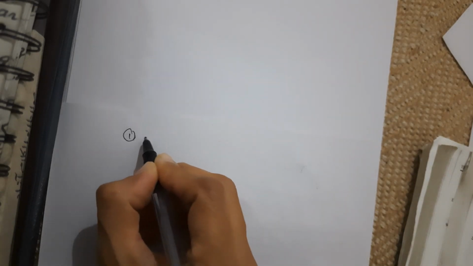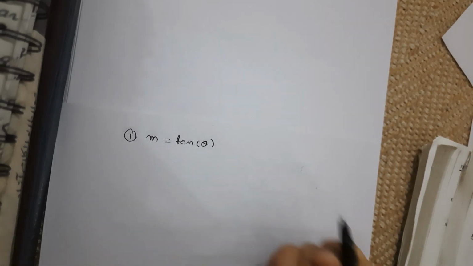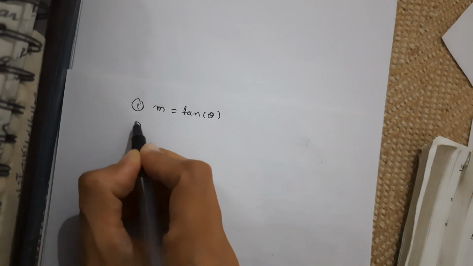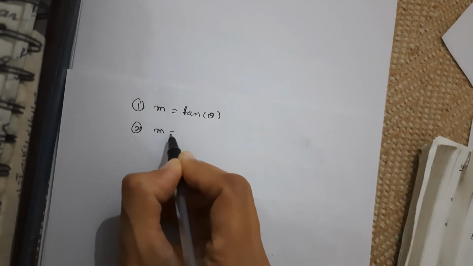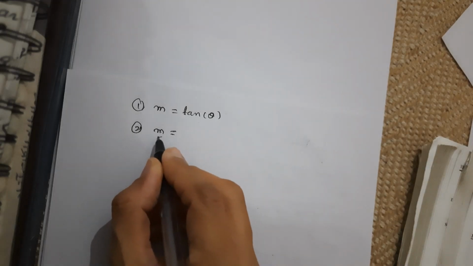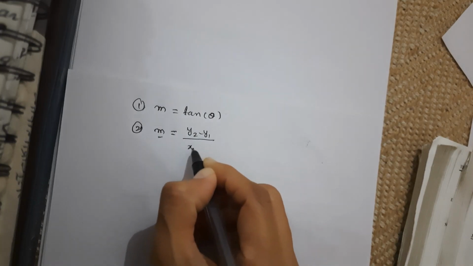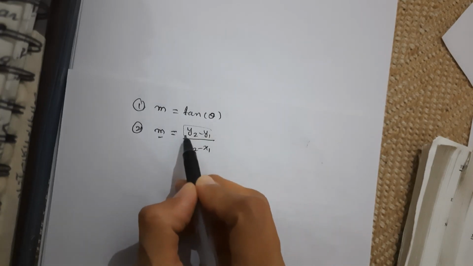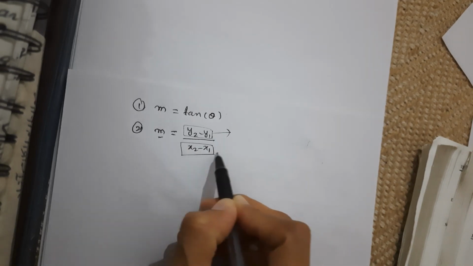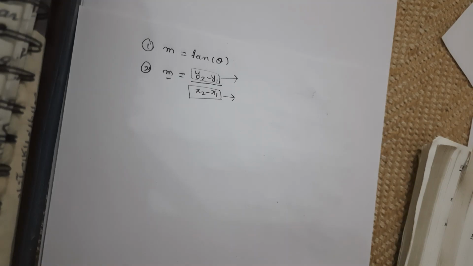Now next I want to say, 2 point. First we see that slope can be calculated from angle of inclination. So slope is nothing but tan theta. Second formula we just saw: if theta is not given but 2 points' coordinates are given, you need 2-point information for this formula. So slope can be calculated by y2 minus y1 upon x2 minus x1. Difference between y coordinates divided by difference between x coordinates. Okay, great. So I hope you understand this.